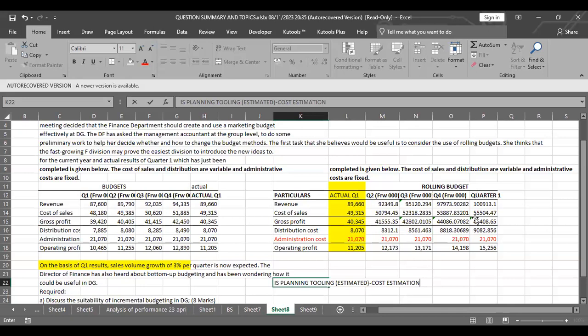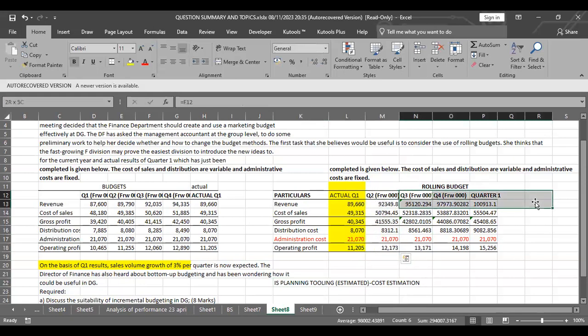That is the concept of rolling. Next month or next quarter, this will now be actual. Quarter two will come to be actual, so they will use quarter two to make another projection. Next quarter, they will use quarter three. Quarter three will come and pass, so they will use quarter three to make another projection. Next will be actual, and they will use it to make projections. That's how it is.